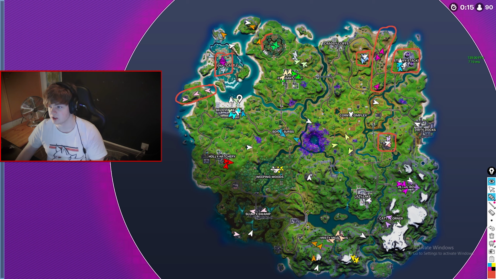I'm going to try and actually trace these outlines that they have, because that would be looking sick instead of just a square or a circle. That'll do. Contested up here. Pleasant Park also contested. This drop spot above Pleasant Park here, I actually recently made a video about this loot